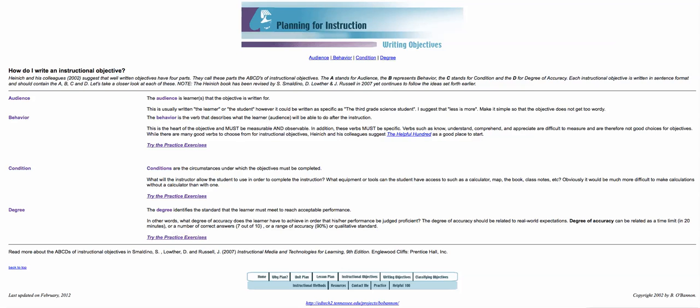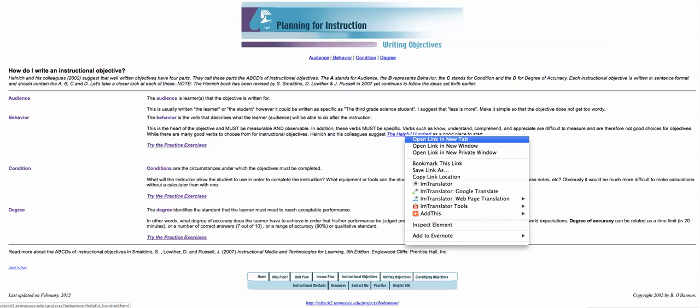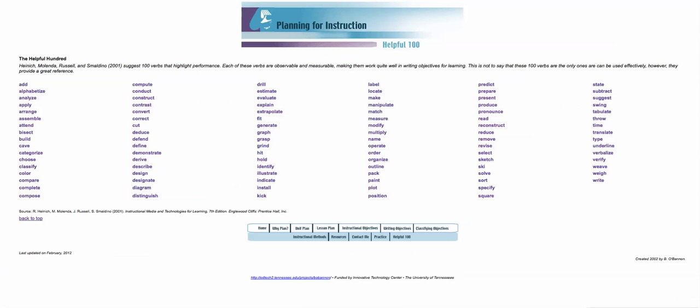Now this is probably the most important part of the objective, and that behavior that we're using must be measurable and observable. So it has to be very, very specific when we write it. Verbs such as understand, comprehend, appreciate, how do we measure those? It's very, very difficult, so we shouldn't use them in writing our objectives. There is a wonderful list called the Helpful 100. What that gives us are verbs that we can measure if we use them in writing objectives. So you might take a second look at that and make sure that your objectives